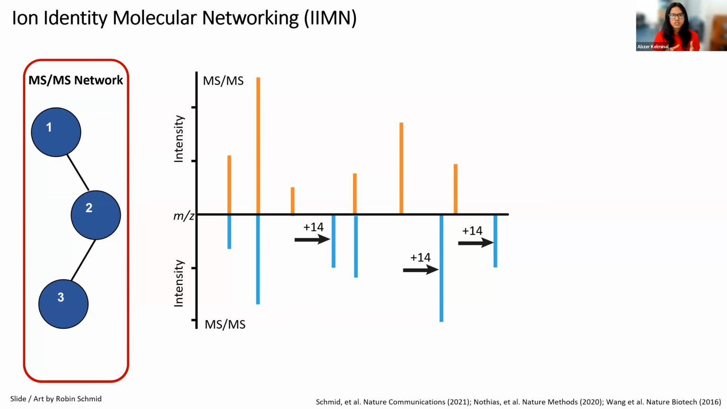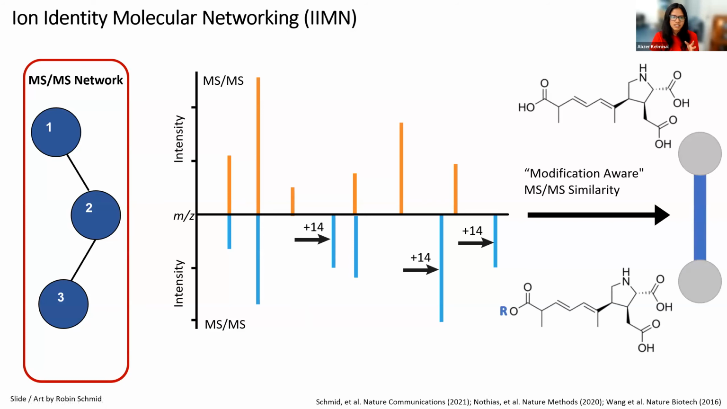this cosine score metric also allows you to look for these mass offsets in the fragment ions at the MSMS level as well. This is what we call modification-aware MSMS similarity. Daniel already mentioned this in our introductory seminar two weeks ago. As you can see here, you see this representation of domoic acid, and here you see this modified version, which is the carboxylic acid modification of domoic acid, and they are nicely connected with each other